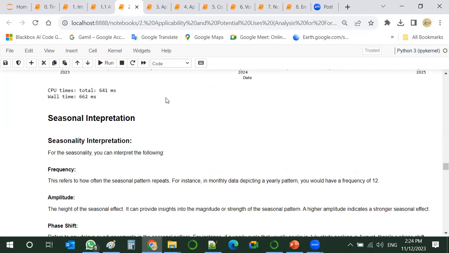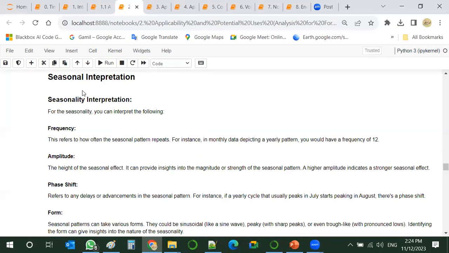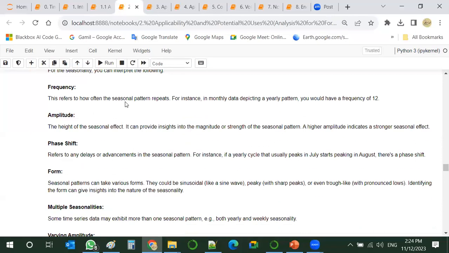Doing this alone is not enough. We have to interpret seasonality, and we actually interpret them in a similar way of frequency domain, I would say.